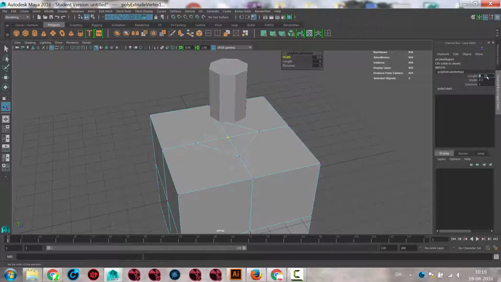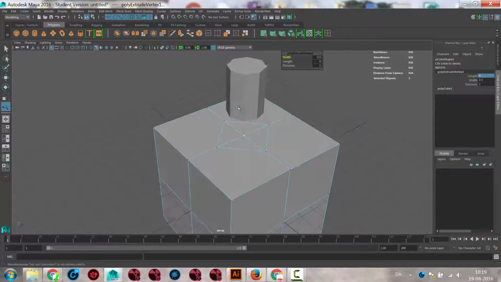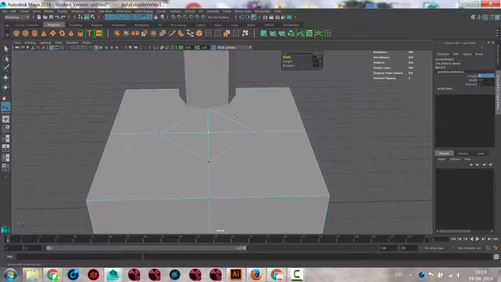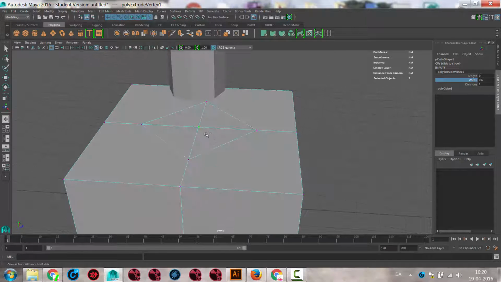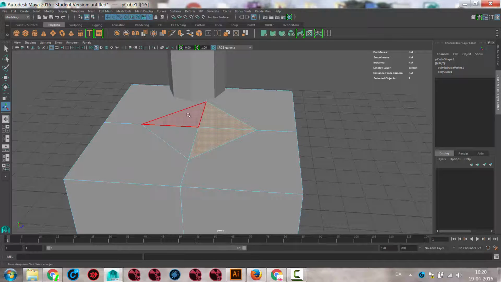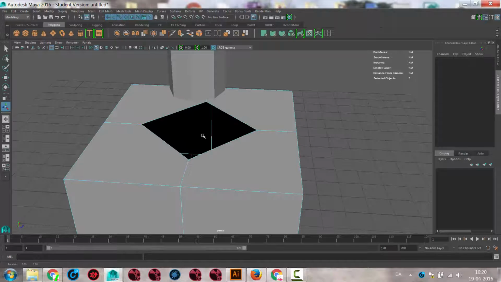And set that to 0. Okay, so we get this. We have this area here, and I can change the size of it using the slider here. So I'll just, let's put it somewhere like here, and then I'll just grab these faces here, and I'll get rid of those,